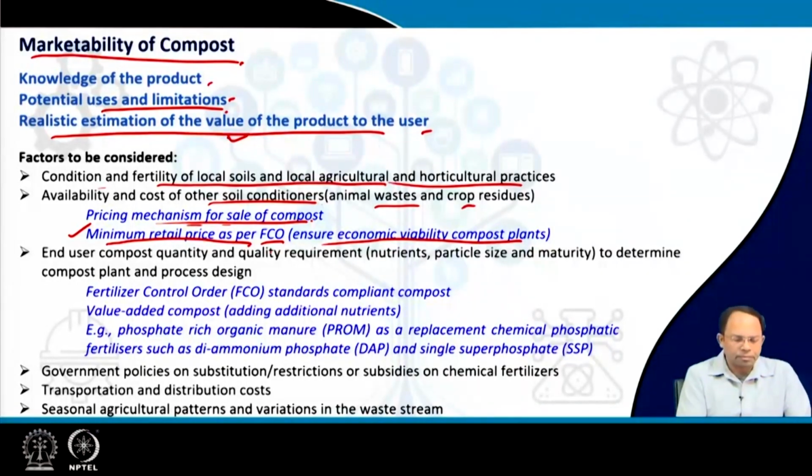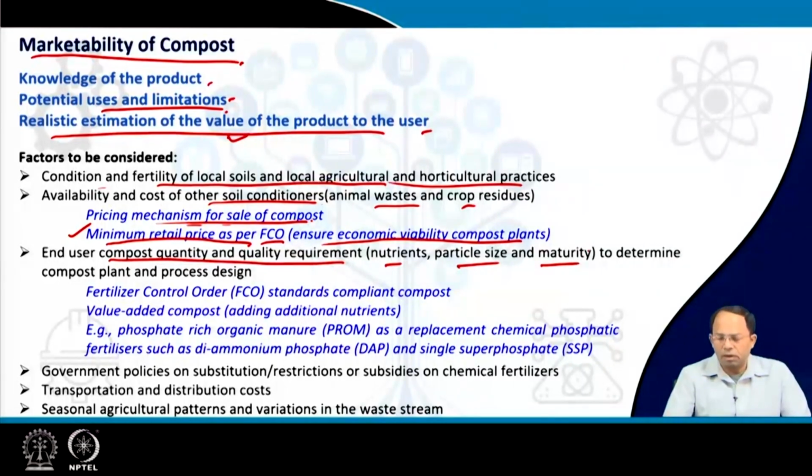come into play. Then end user compost quality, the requirement in terms of nutrients inside the compost, particle size, and maturity level of the compost. We will talk about maturity later on. That means after the composting process, we have to allow it a certain amount of time to mature. During this process also, some decomposition goes on, but very little, and the complex materials are broken down further, right? So this maturity level is important, and once the compost is matured, you will not find any smell coming out of it. It will have a proper texture. So this maturity also matters.